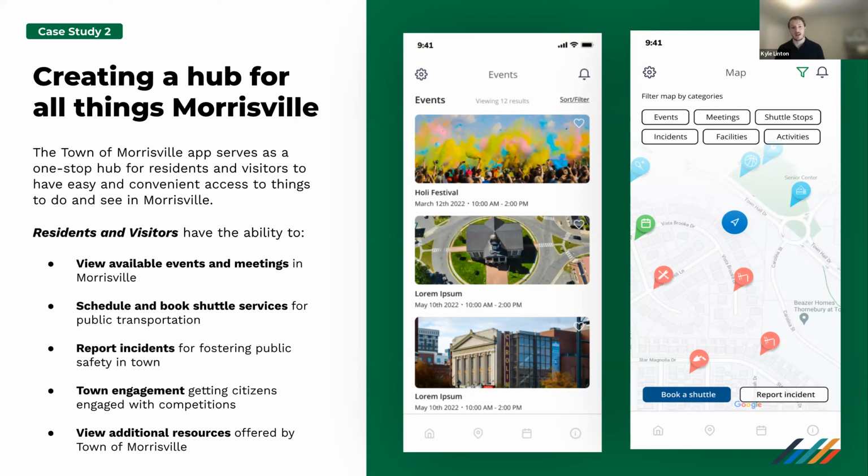They can receive artwork, and then they can display the winner of that campaign in the application. So we've tried to think through it and say, are there more creative ways that we can engage citizens and create a more fun experience with the individuals of the town?